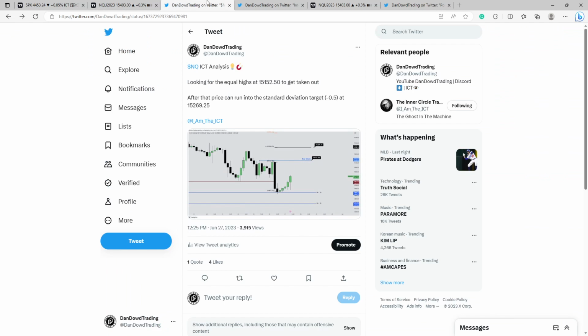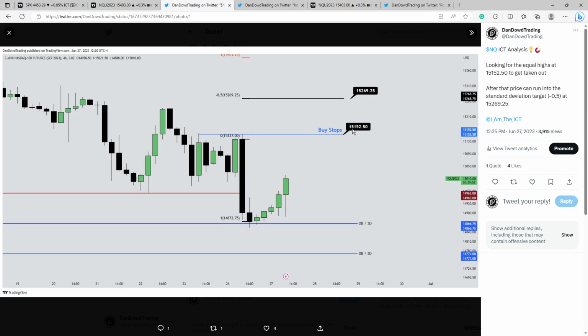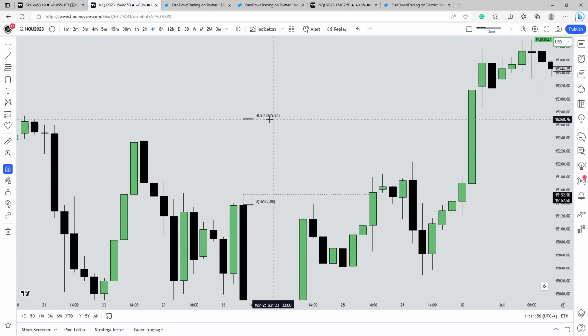Since I was expecting this high to get hit, I was looking for this high to get hit. And again, this is not just hindsight, right? I called this out on my Twitter. I was looking for this high to get hit. Since I'm already expecting that high to get hit, I'm thinking that it's going to want to run past that buy side liquidity and run into that first standard deviation level. This is where I got that from,